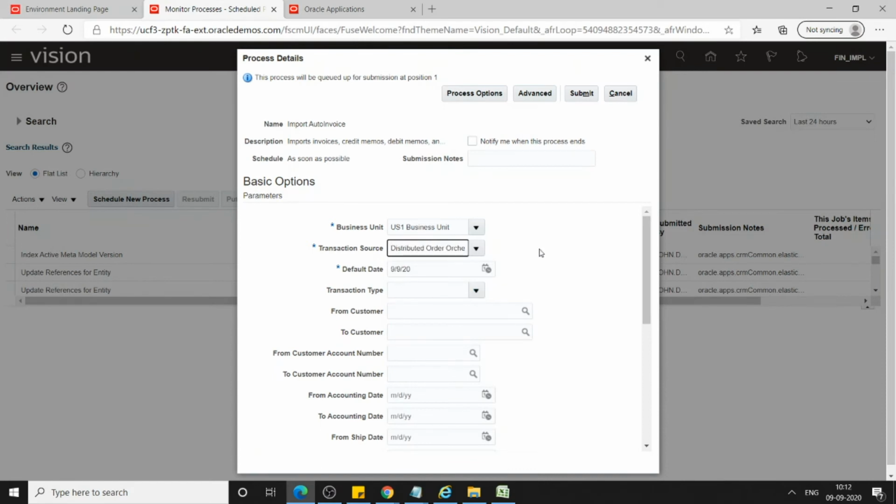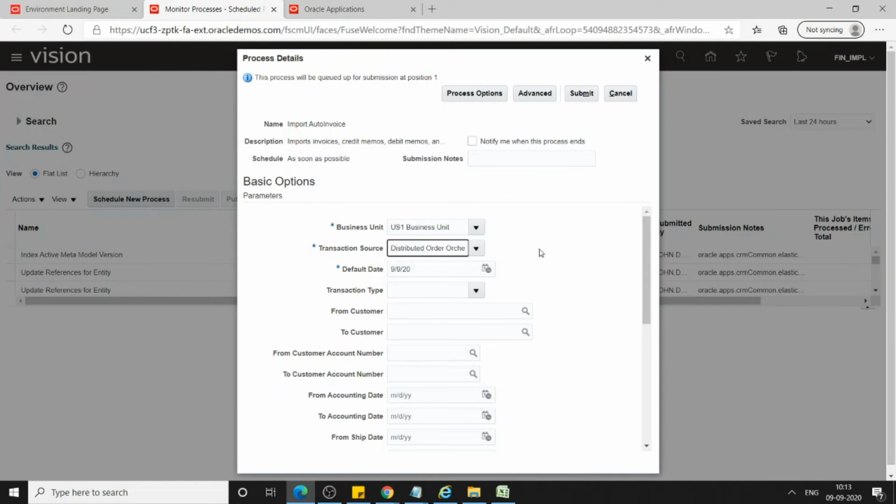Usually in Oracle EBS you can find table names starting with OE order headers, OE order lines, right? Here the table names start with DOO, distributed order orchestration.